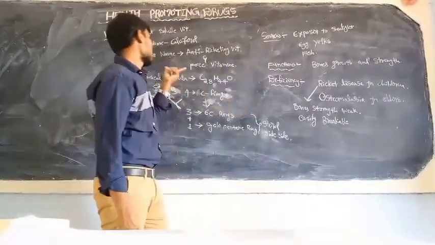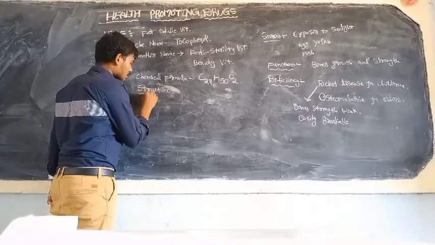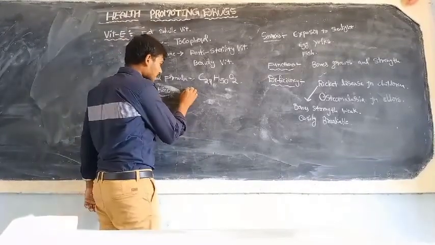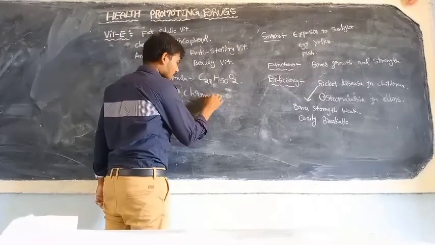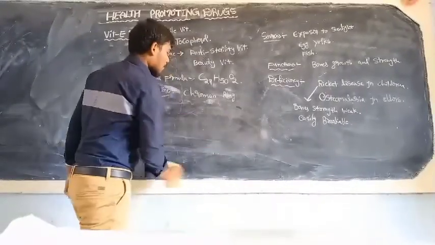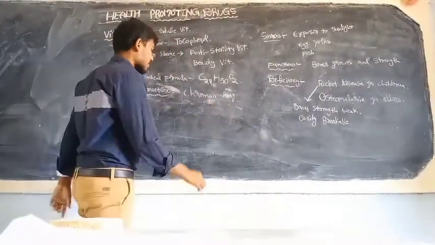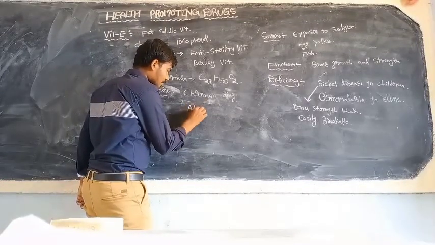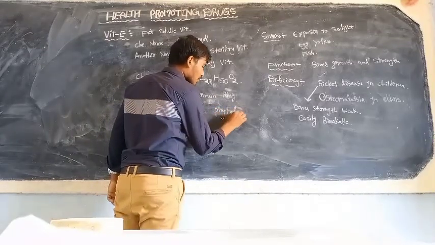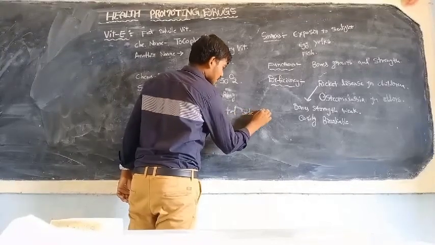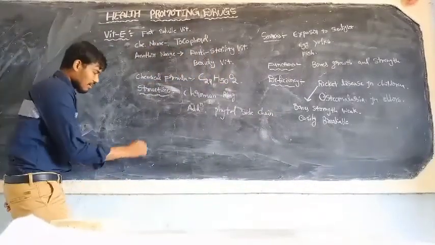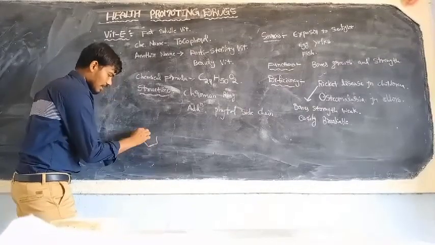And this is about the structure of vitamin E. It contains a chroman ring, with an additional side chain. The structure of vitamin E is